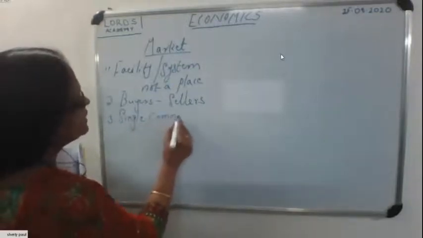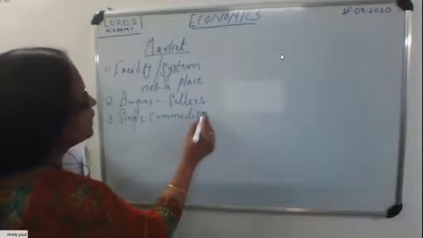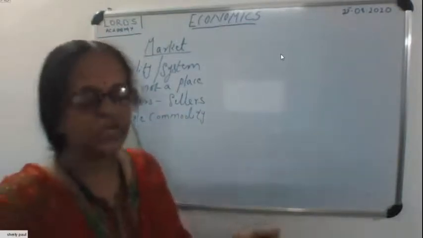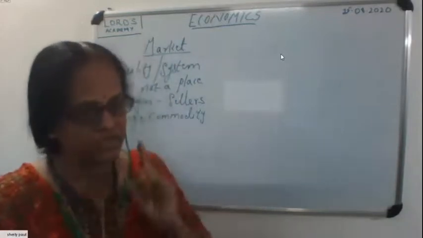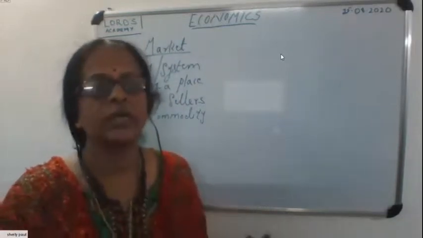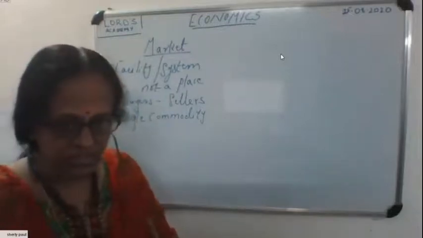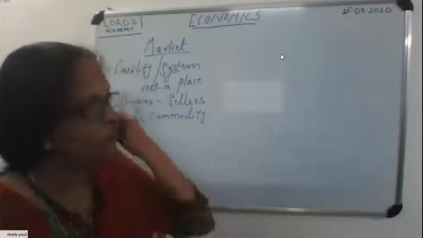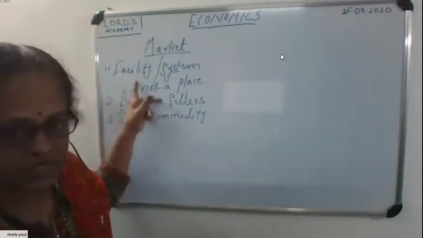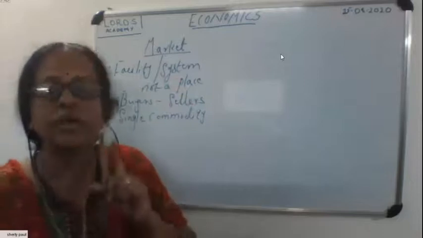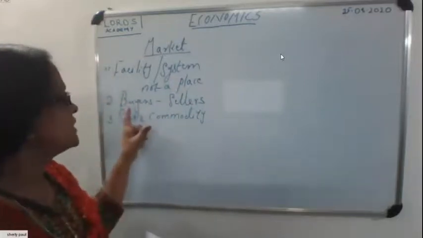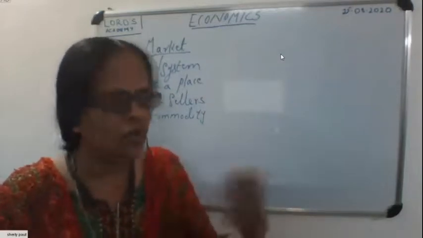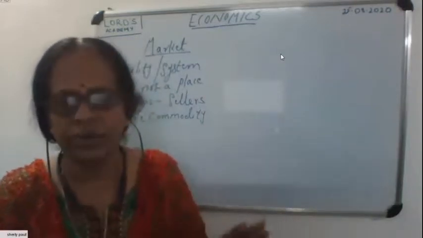Clear? Then when they say define market, and what are the characteristics, you have to write one definition by an economist, and many times I repeated, the economist's name should be there. And any market definition you have to write, and these three characteristics, because these three points come in the definition also. Then also you have to write that market is a facility or system, not a place. Another point is the presence of buyers and sellers should be there. If only buyers, otherwise only sellers, it is not a market.